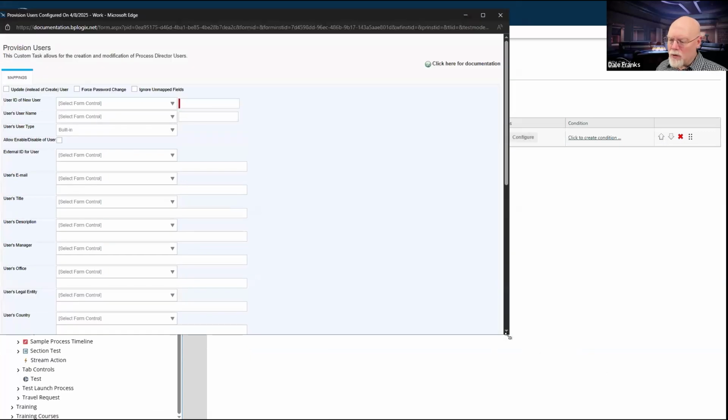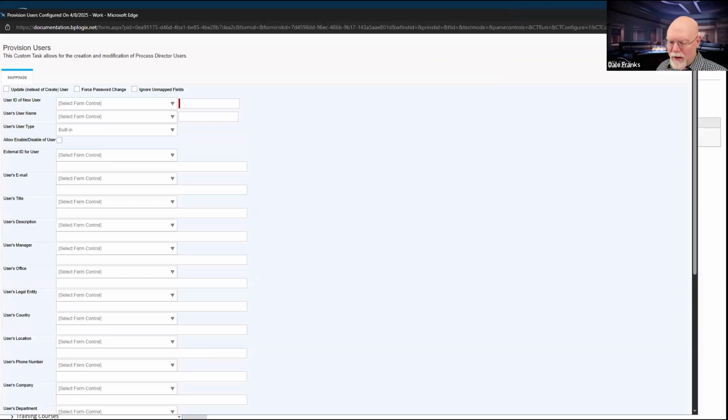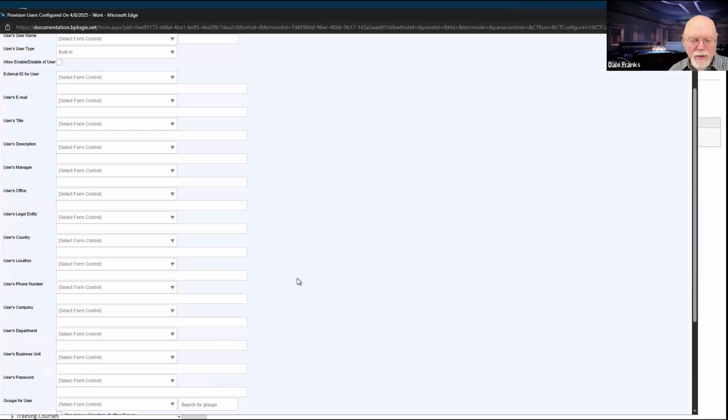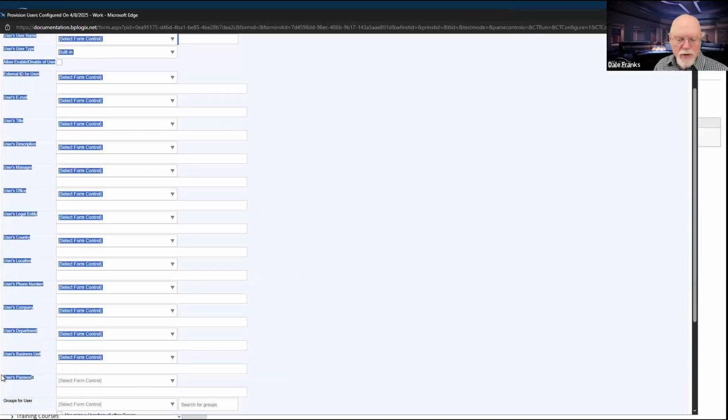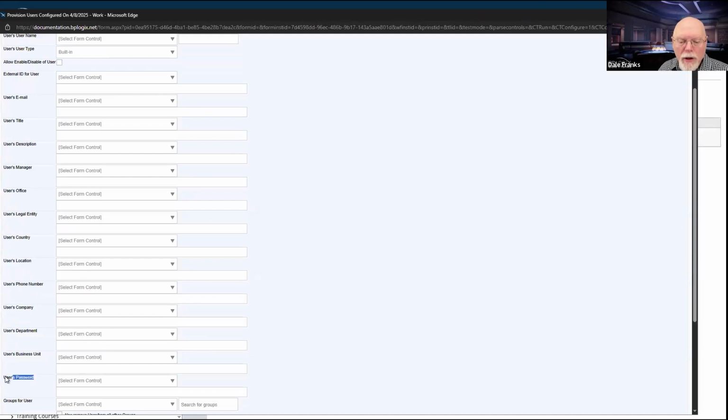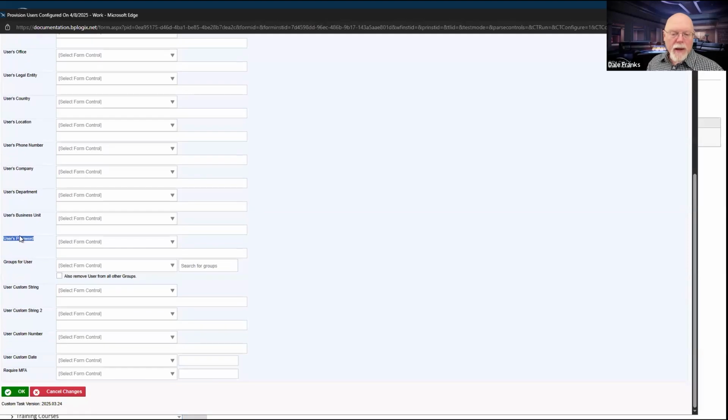And what I want to draw your attention to, and it is relatively minor, but it did cause some confusion, is down here where it says user's password. So with the provision users custom task, whenever you are creating a new user, the password is kind of important, and you do want to put a value in there usually for creating it.